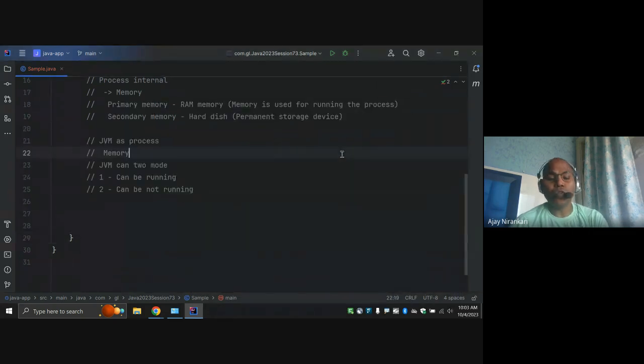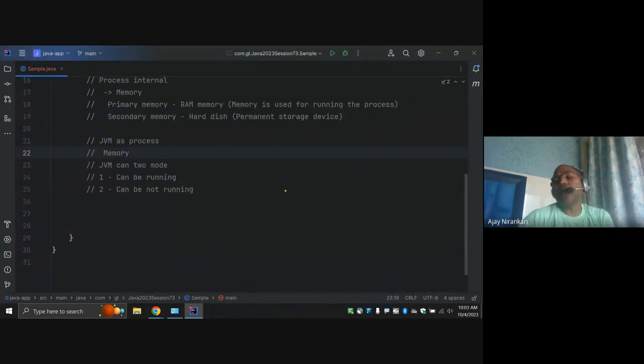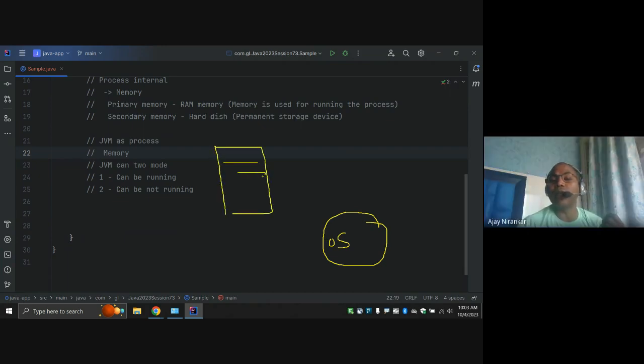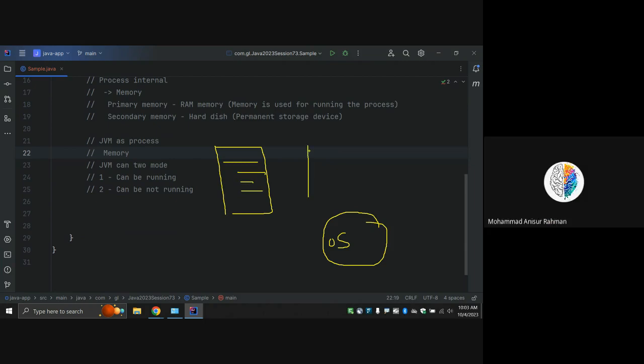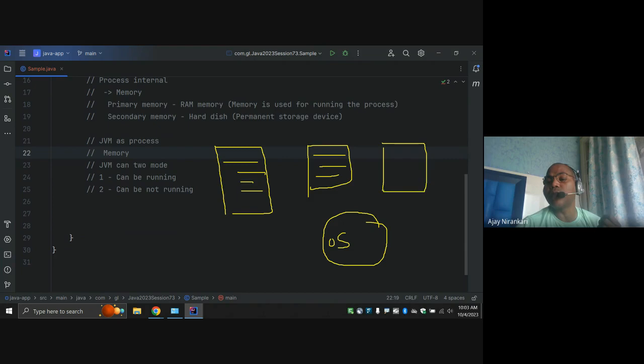What I'm trying to say is, the Java designers' purpose was: why not take the benefit of OS features? The OS has lots of power, lots of memory, computation facility. I have written one piece of code, one method doing something, another method doing something else.